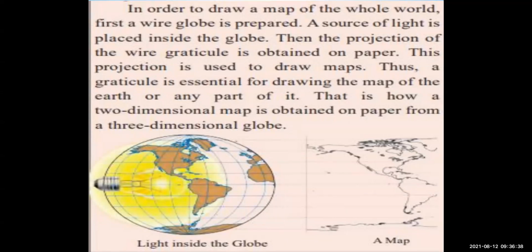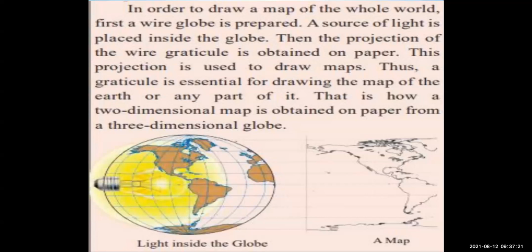So here, students, in order to draw a map of the whole world, the globe came into existence. The first globe was made by them, and now it is necessary to draw a map. So how do they draw a map? You can see in this PPT, in this picture, that they have put a light on this globe, and as per that they draw lines. It means that your latitude and longitude they have drawn on the paper.